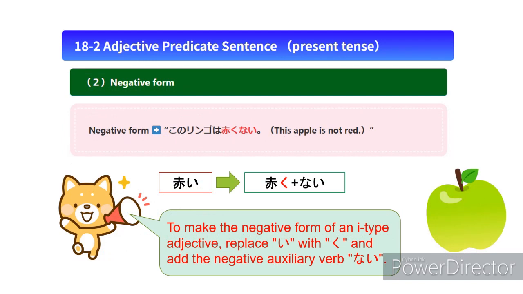Let's study the negative form of adjective predicate sentences using I-type adjectives. To make the negative form of an I-type adjective, replace i with ku and add the negative auxiliary verb nai. For example, if you say this apple is not red in Japanese, このリンゴは赤くない。